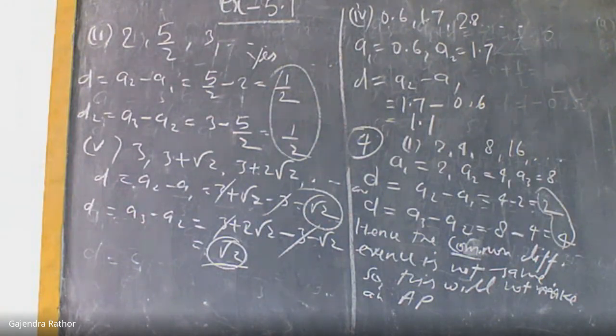And finding the 3 terms. In whichever point the pattern makes an AP, only in that point we have to find the next 3 terms. Finding the next terms we already discussed in question number 2. So I hope all of you can find the next terms. If anybody has a doubt, you can ask me through WhatsApp or in the next class. So try to solve some points of these questions.